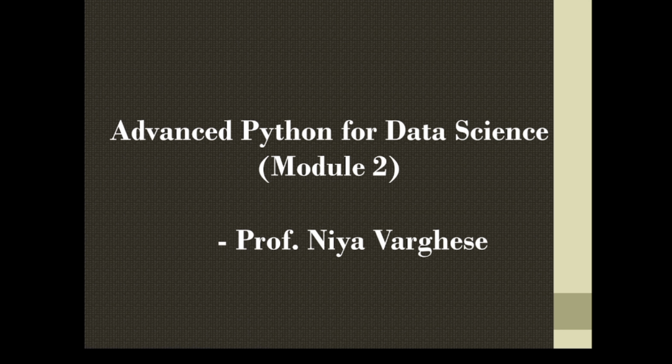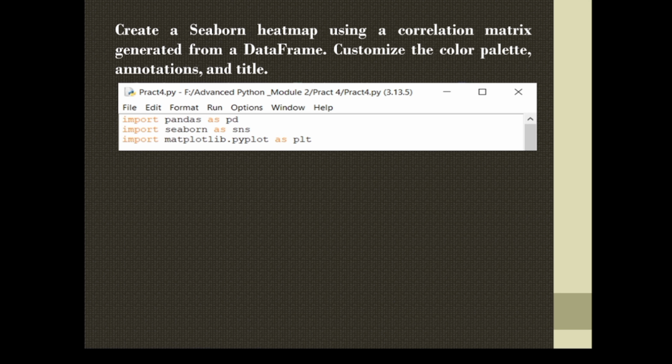So let me take you to the question. This is the question. We are importing three libraries which are required. First is pandas, which is already explained. Seaborn as sns is already explained to you all. Same with matplotlib. So you all can refer to the previous video on how to install it. Without these libraries, we cannot process the data or create the heat map.